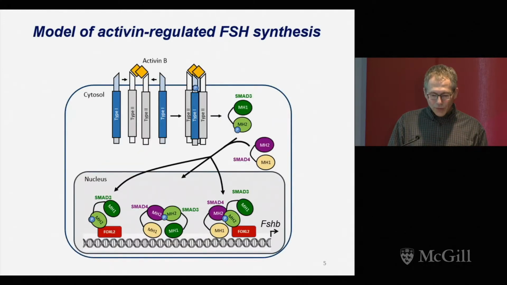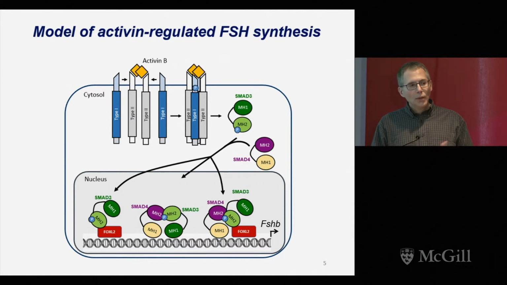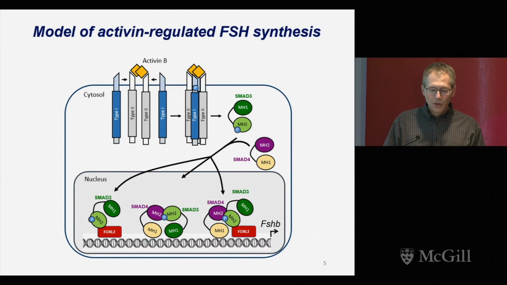So what I want to do just very briefly today is describe our work on how these activins regulate FSH production. So for the most part, we use a combination of in vitro and in vivo models, and using an in vitro system, we worked out this detailed signal transduction mechanism through which activins, through these receptors and signaling proteins, actually generate protein complexes that sit on the gene that regulate the FSH beta subunit.